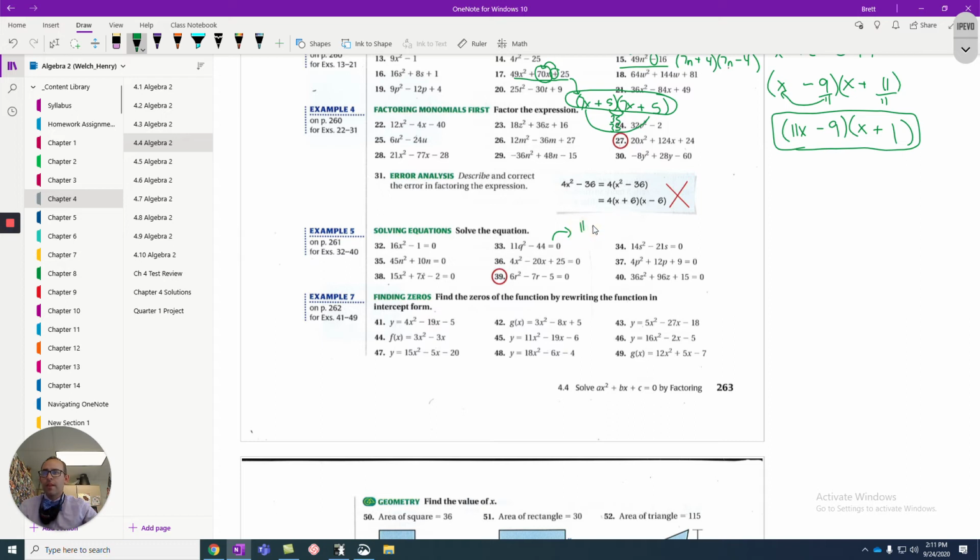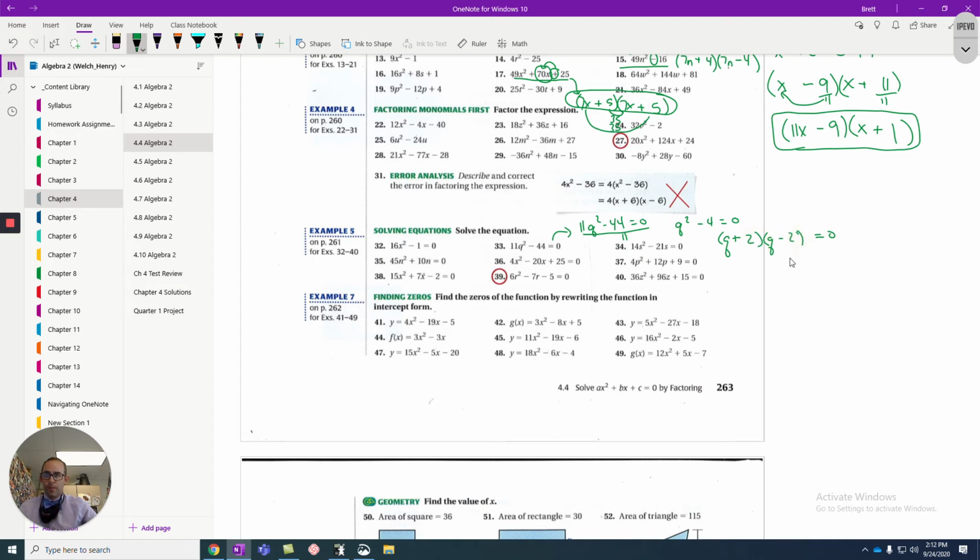33 has 11q squared minus 44 equals 0. Notice that the 11 and the 44 both divide by 11. So I'm going to divide the whole problem by 11 to get q squared minus 4 equals 0. Now q squared minus 4 should look like those difference of squares problems, which means I can use q and q, a plus and a minus, and the square root of 4 is